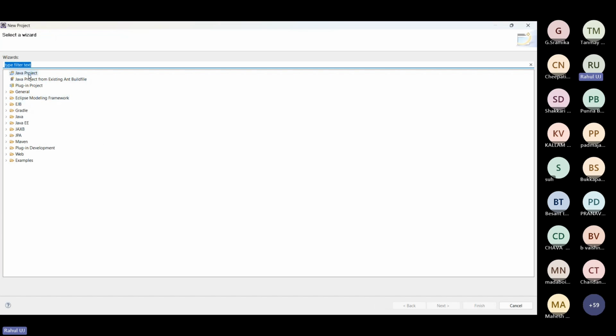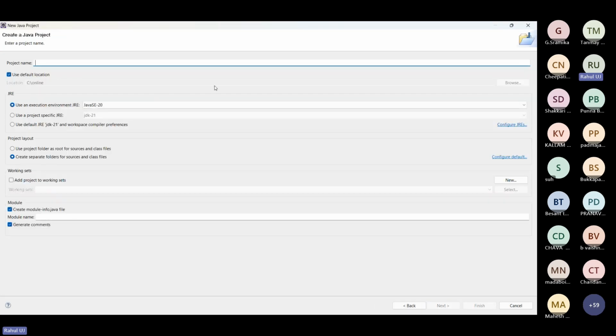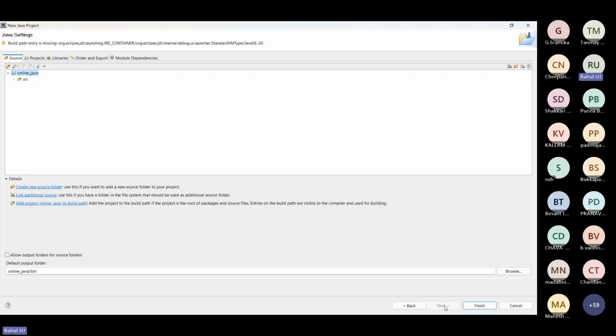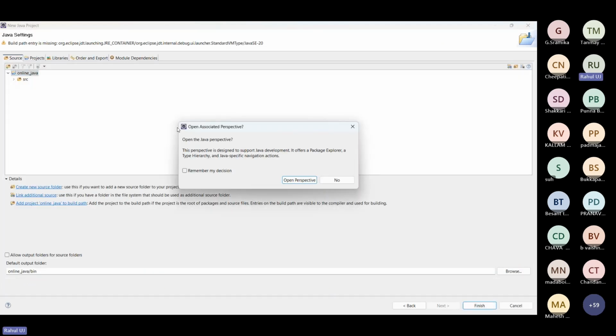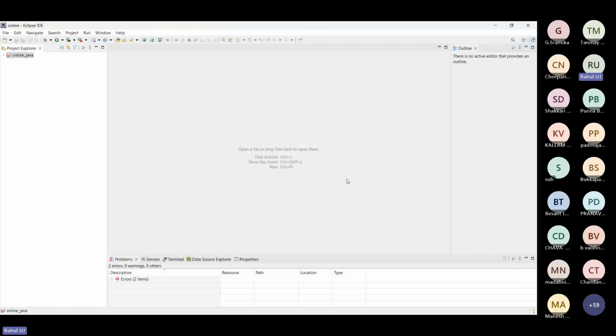I will go with Java project. The project name should be in lowercase. For me, it is online Java. Next, I don't need anything, so I'll go directly and select finish.